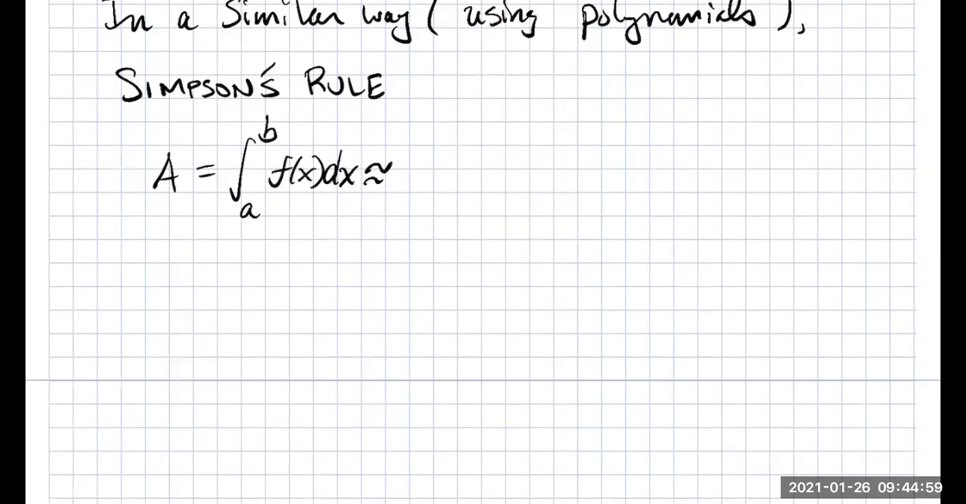All right, so here's how it goes. Instead of a 1/2 delta x, it's 1/3 delta x. On the inside of the parentheses,